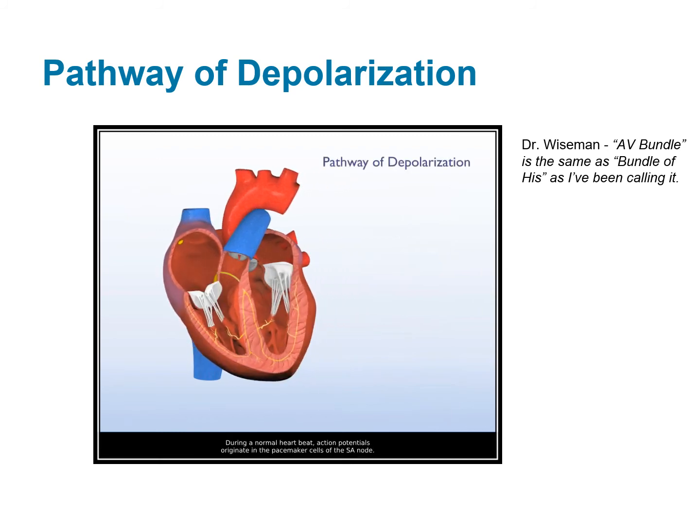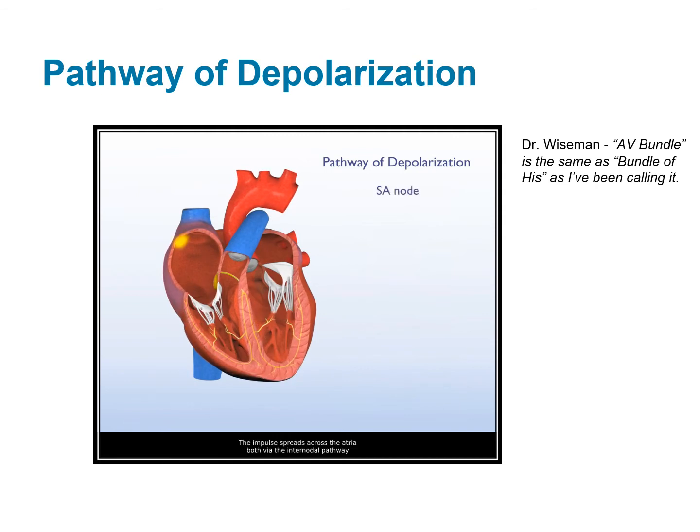During a normal heartbeat, action potentials originate in the pacemaker cells of the SA node. The impulse spreads across the atria both via the internodal pathway and through gap junctions between contractile cells. At the AV node, where cells are small and have few gap junctions, conduction of the impulse is slowed as